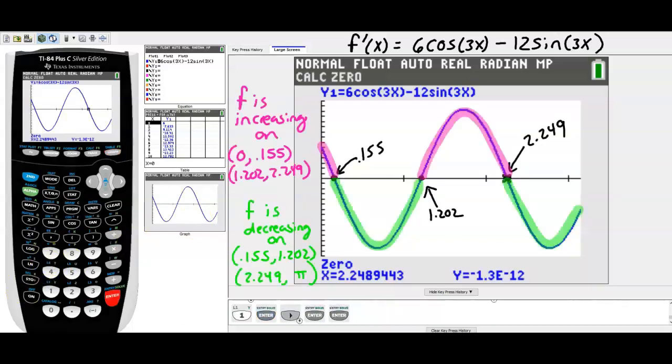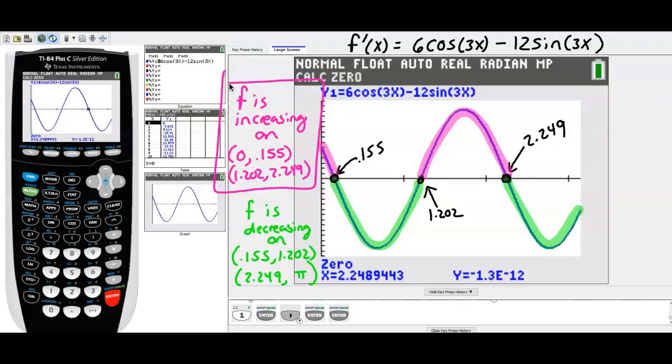So the next thing we should have done at that point was find the places where it touches the x-axis. There's 3 of them. It's 0.155, 1.202, and 2.249. Now that you know that, all the pink areas are the places where the derivative is above the x-axis, which means the derivative is greater than 0, which means that f is increasing on those intervals, which are from 0 to 0.155 and from 1.202 to